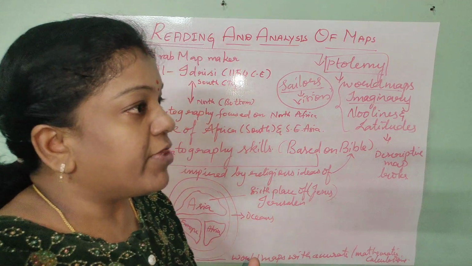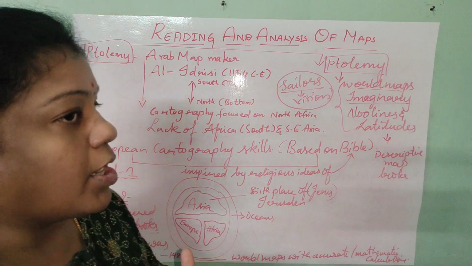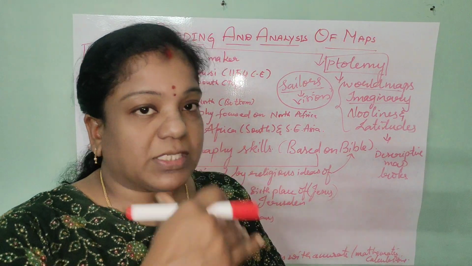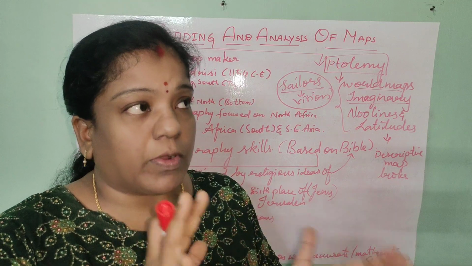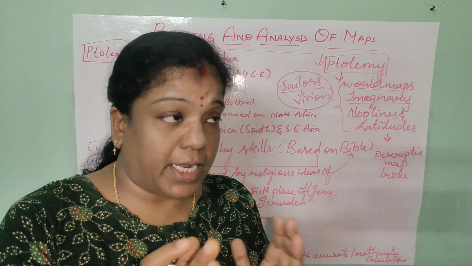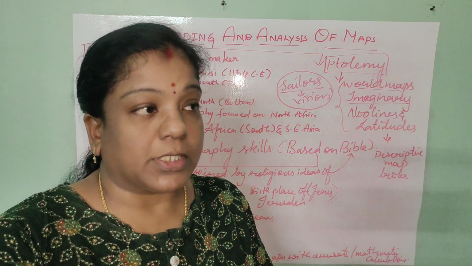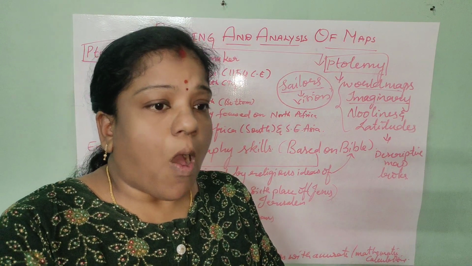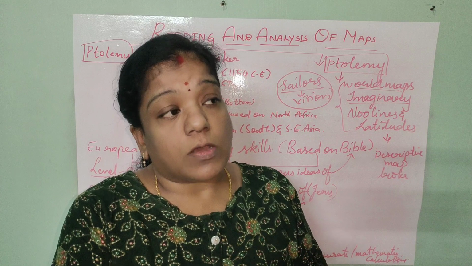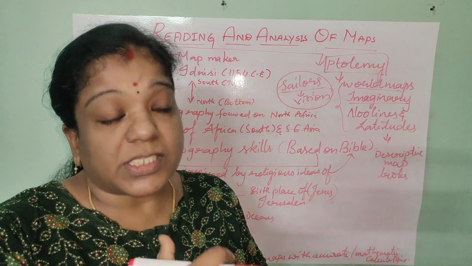But when we come to the previous cartography skills throughout the world, like our country, Indian map makers, Sumerians, Babylonians, Greeks, all of them with the support of sailors and their sea exploration,